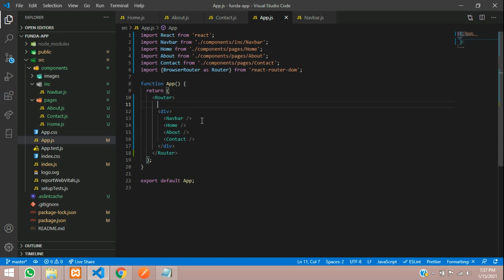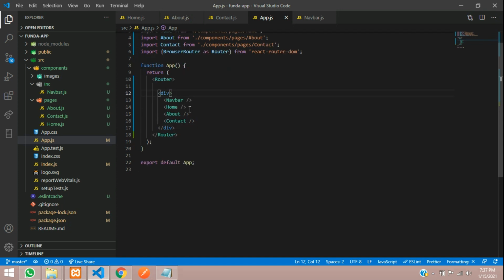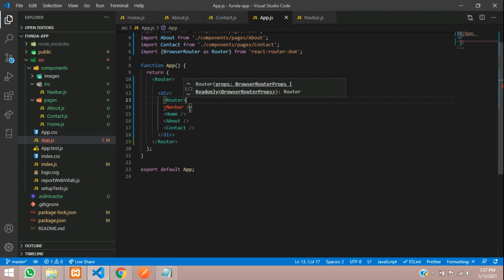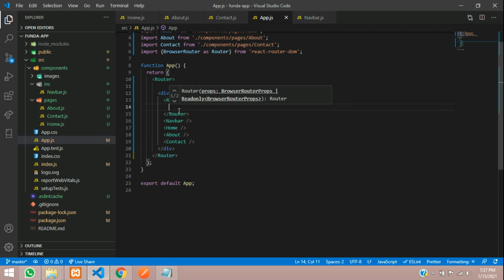First step, you have to use the Route. As simple as that, I'll just show you. Let's create a Route, and in this Route we are going to call the path for it. So not Router, we have to set a Route.